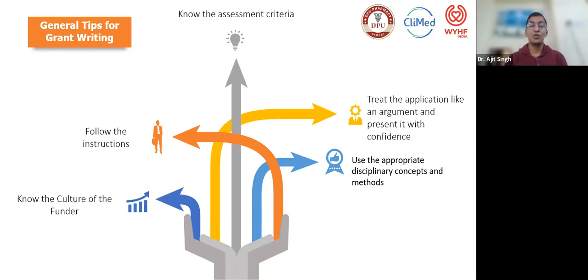First of all, know the culture of the funder. Culture includes everything: not only how they work, but how they grant the funds, how they assess the criteria, what exactly their agenda is, their discipline, their intention. Some funding agencies give just for the social sciences, some just for the marine sciences, some target neuroscience, some dental science, some give to medical science research or health science research.